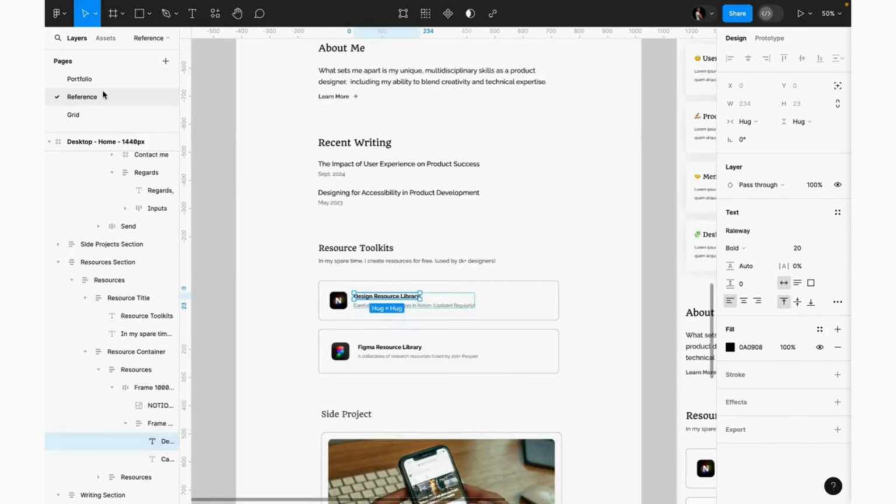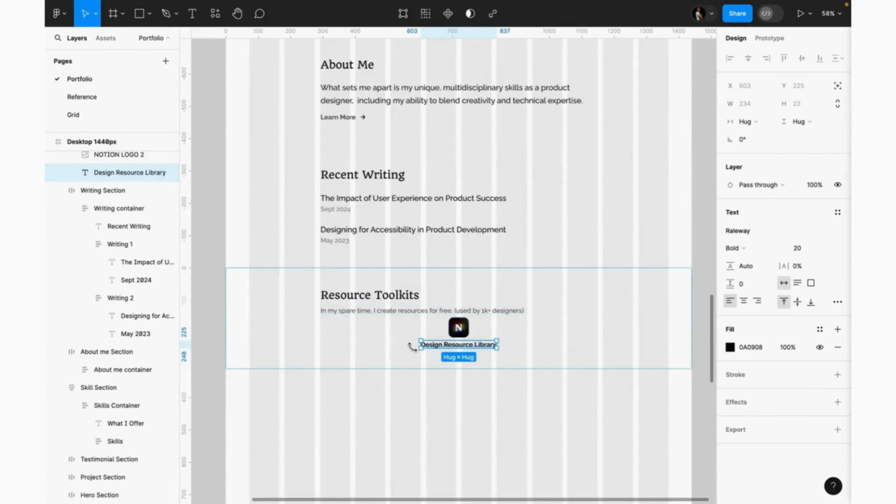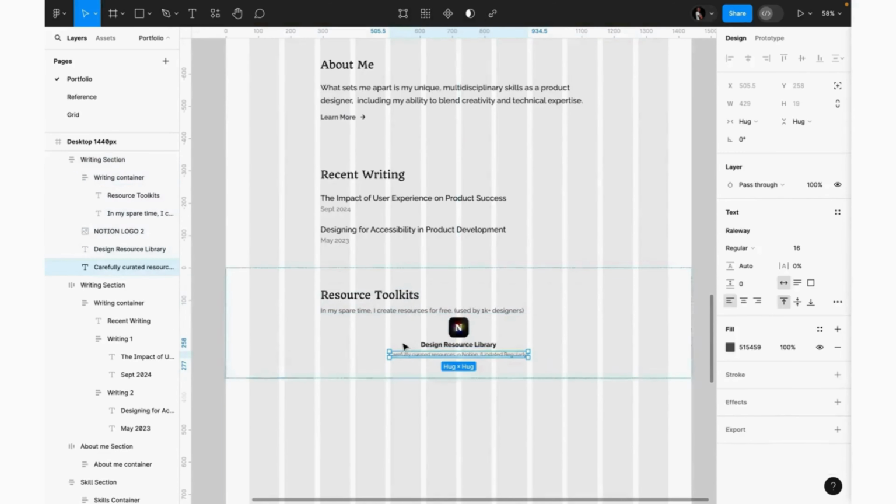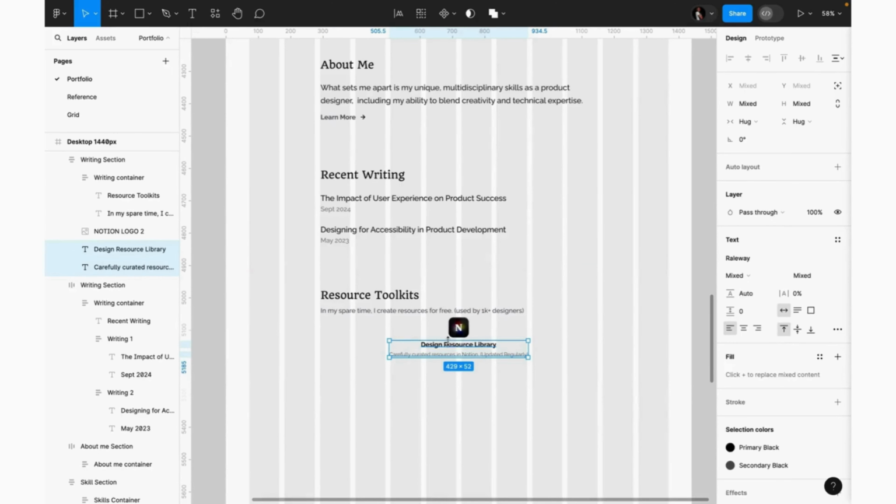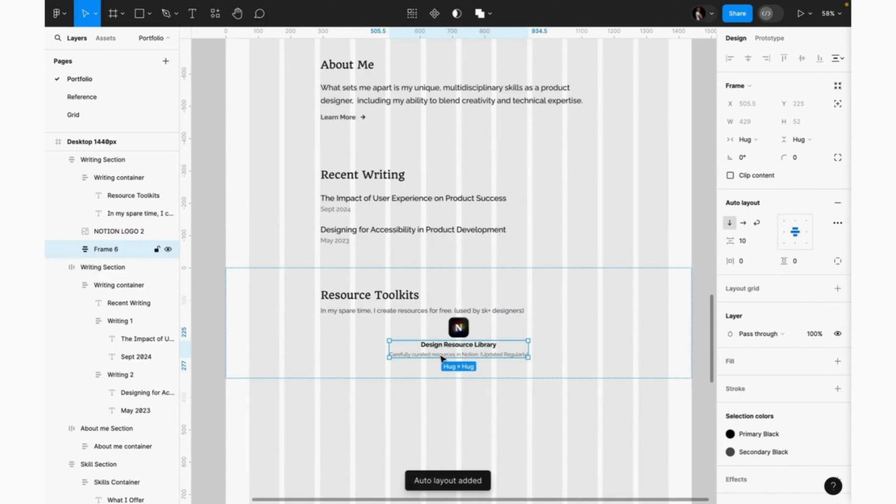We're going to copy this as well, Ctrl-C, and Ctrl-V. So what I'm going to do next is to copy these two elements, these two texts, and then put it inside a container by clicking Shift-A. Then I'm going to align them to the left. Then I'm going to call this resource description,